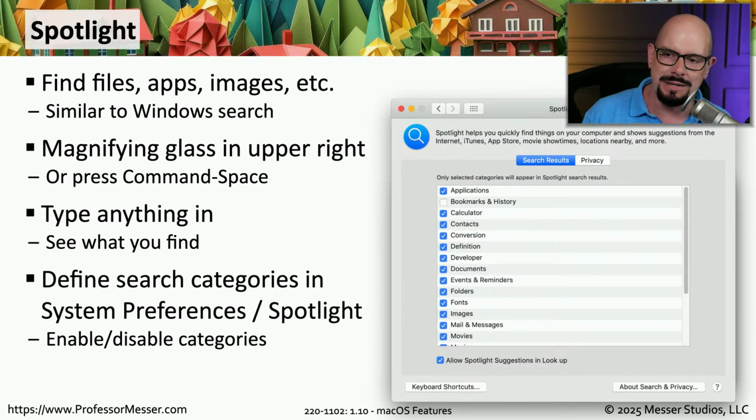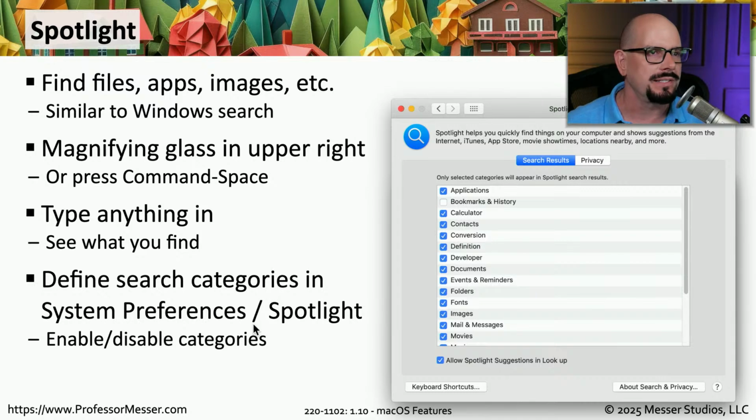You can enable and disable all of those. There they are. If you don't want it to find information that's in your contacts, or in your files or folders, you'll find it there. Movies, mail, you've got a lot of options and a lot of customization that you can do, so that maybe there are certain things you never want to show up when you start looking through your system. You can turn it on and turn it off all from this view in Spotlight.